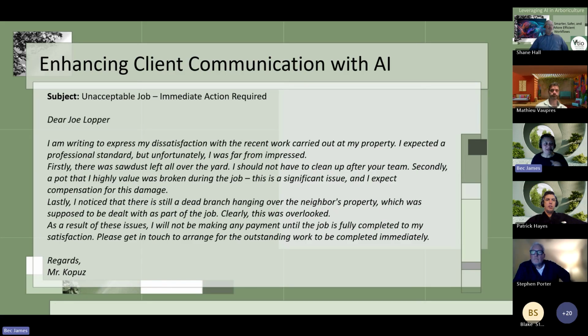Now, this is probably one of the applications that I use AI quite a lot for. When you get quite emotionally charged emails, I wonder how many of us, particularly working in the practical side of arboriculture, get an email or a letter like this. I'm really unhappy with the work. You didn't meet the standards, you left the site messy, you damaged one of the pots, you didn't finish the job properly. And we can spend quite a bit of time, I suppose, ruminating on how we deal with